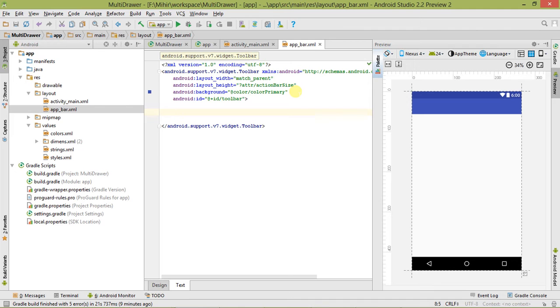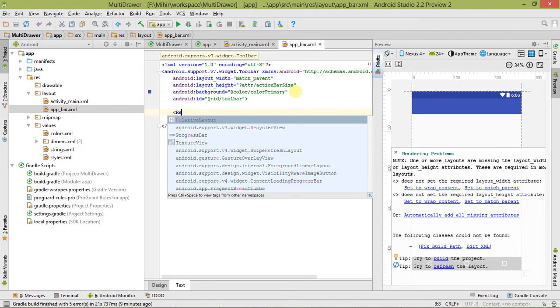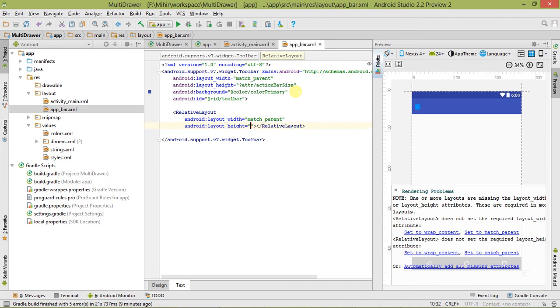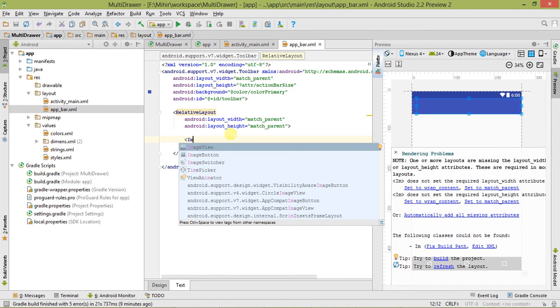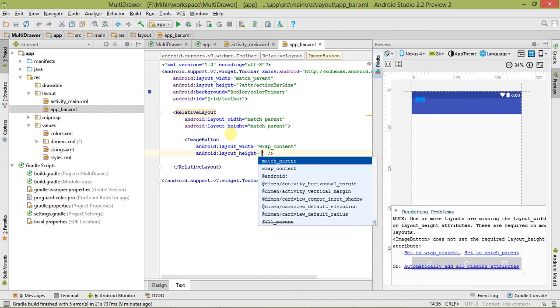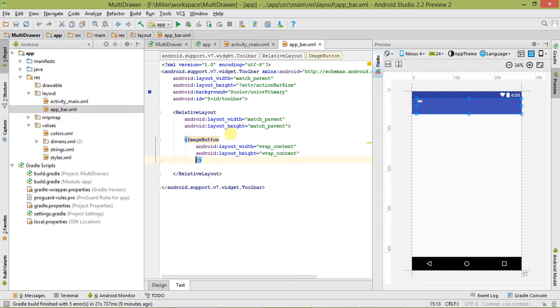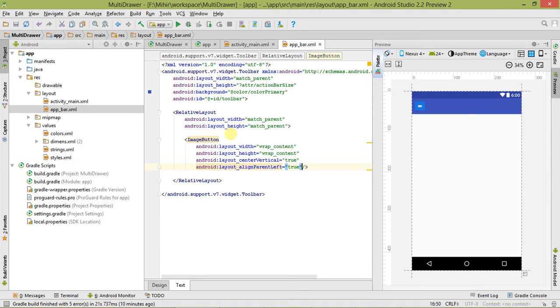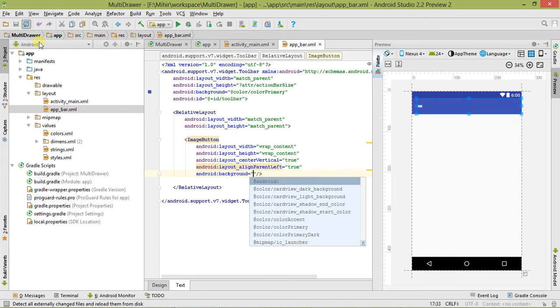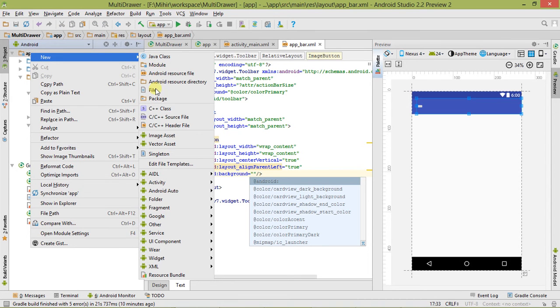Okay guys, so now I'm taking relative layout inside toolbar to display header in it. So match parent. Okay guys, so now I'm taking image button, giving its width wrap content, and now center vertical equal to true. Now align parent left equal to true. Okay, so now at the last we have to give its background, but for that let's go to new image